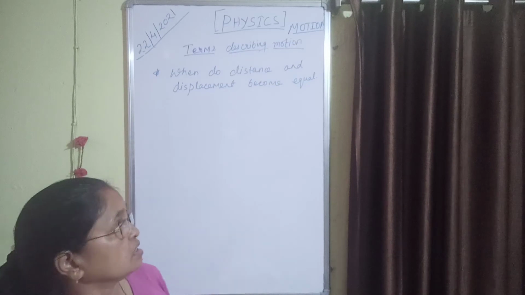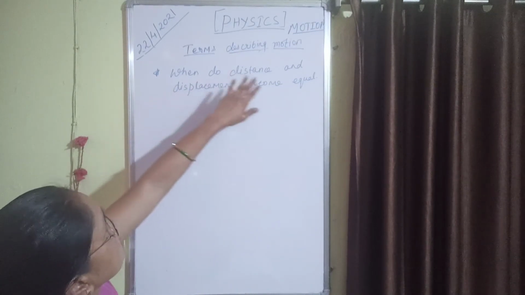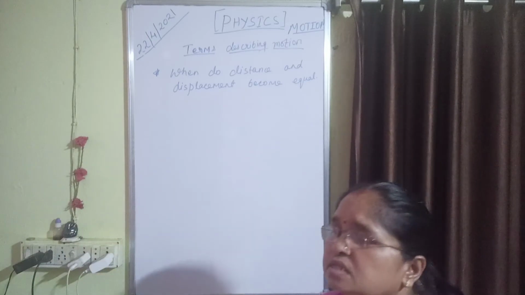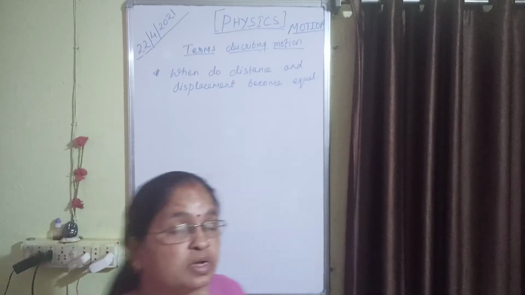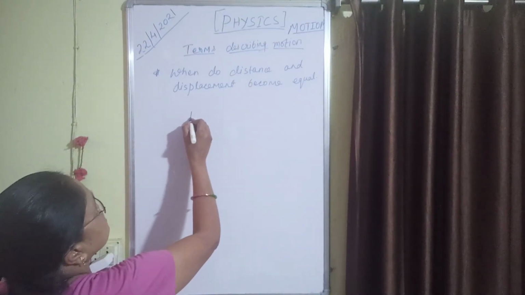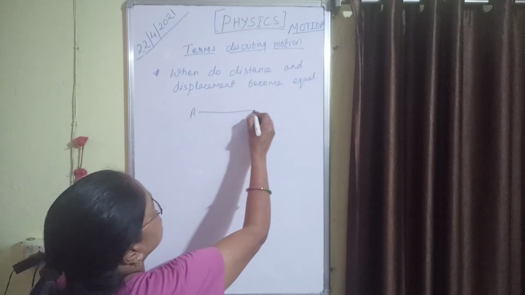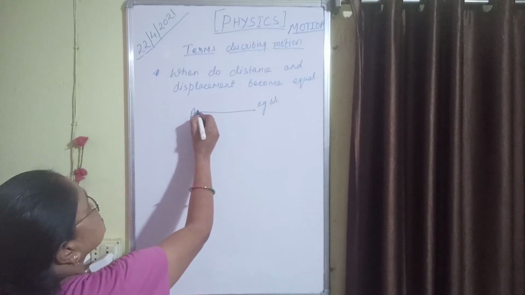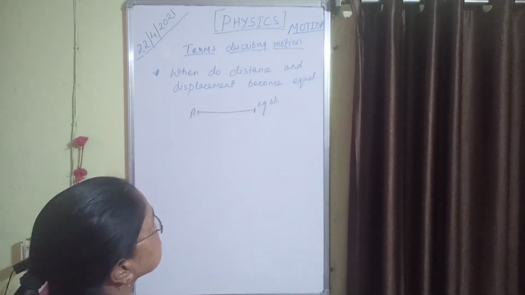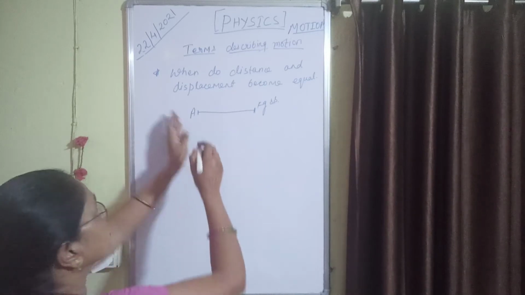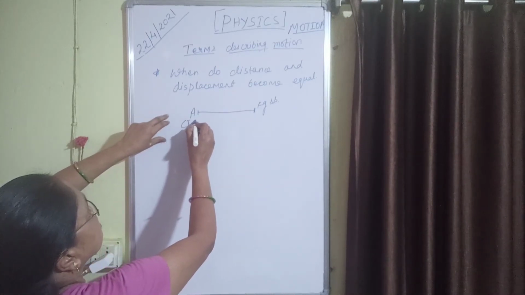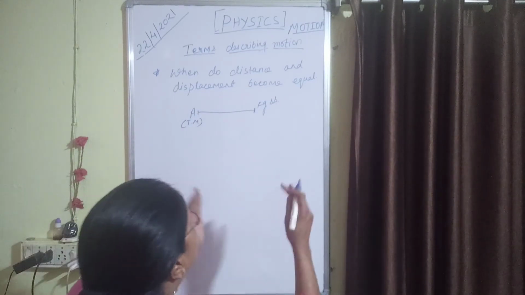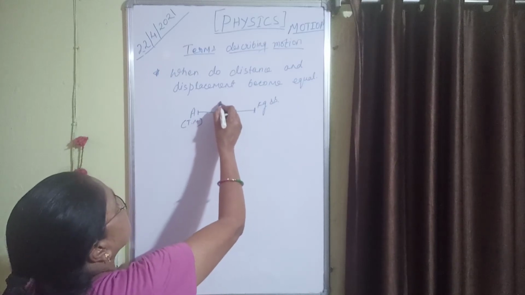So students, let's see, when do distance and displacement become equal? Very simple example अगर हम आपको दें, that you have started from Thana Mode, suppose it is point A, and just you have reached to Kids Garden KGSS. Your initial position is A and final position is KGSS, that means initial position is Thana Mode. पॉइंट A को हम लोग consider कर ले रहे हैं Thana Mode, and final position is Kids Garden Secondary School, and in between this suppose it is of 500 meter.